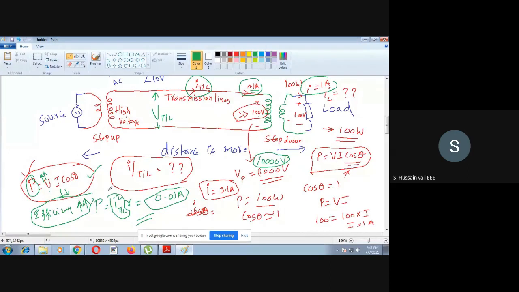So the advantage of the AC power system with the help of the transmission line is that the distance between source and load can be higher. So you can have more distance between source and load. Even though you have more distance between source and load, the efficiency will not decrease. The reason the efficiency will not decrease is that you are having a transformer. You are taking the help of the transformer and you are improving the efficiency of the total AC power system.